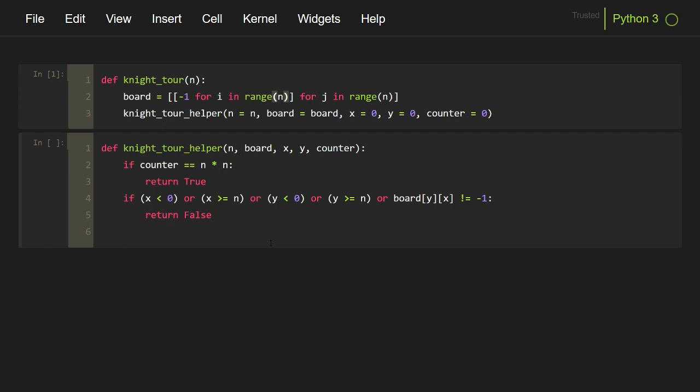So we need to check all the 8 possibilities one by one. First we will mark this current position, that is board y comma x, to the counter, so that we don't visit this cell again. Now for the 8 possibilities, first we will create the possibilities of the changes in the x and y